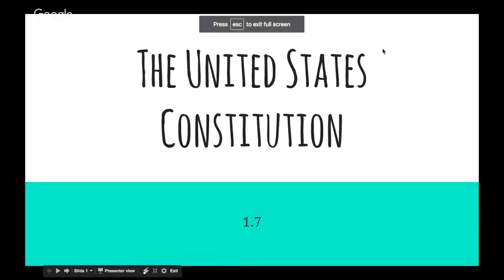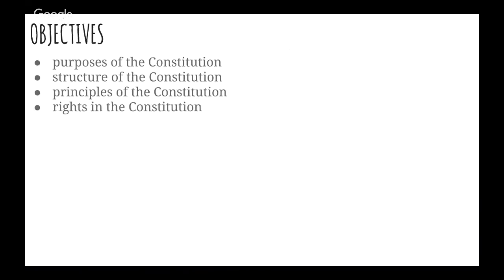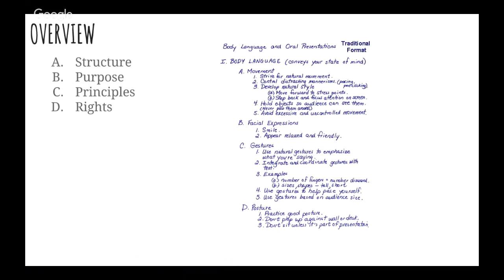Oh, this is Mr. Katsev, and you're going to be watching 1.7, the U.S. Constitution. So the objectives here, we need to know the purposes, the structure, the principles, and the rights that are found in the Constitution. Like always, make sure you take good notes using A through D as your headings in